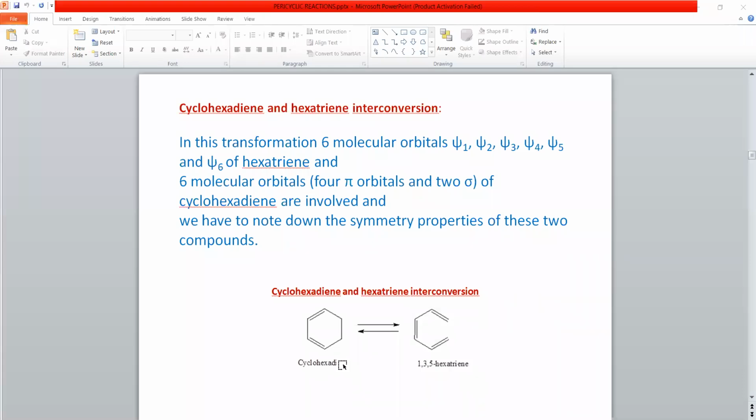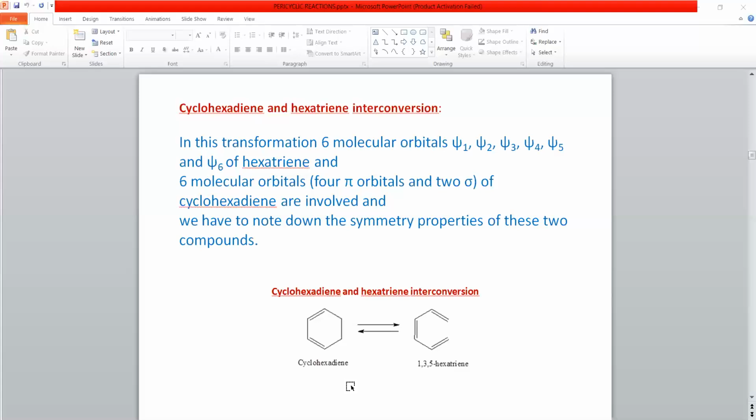In the case of cyclohexadiene, we have to consider this sigma bond which is newly formed and these two pi bonds. This is one pi bond and this is another pi bond, which have shifted from one position to another. So consider two pi orbitals and one sigma orbital in the case of cyclohexadiene, and then apply conrotation and